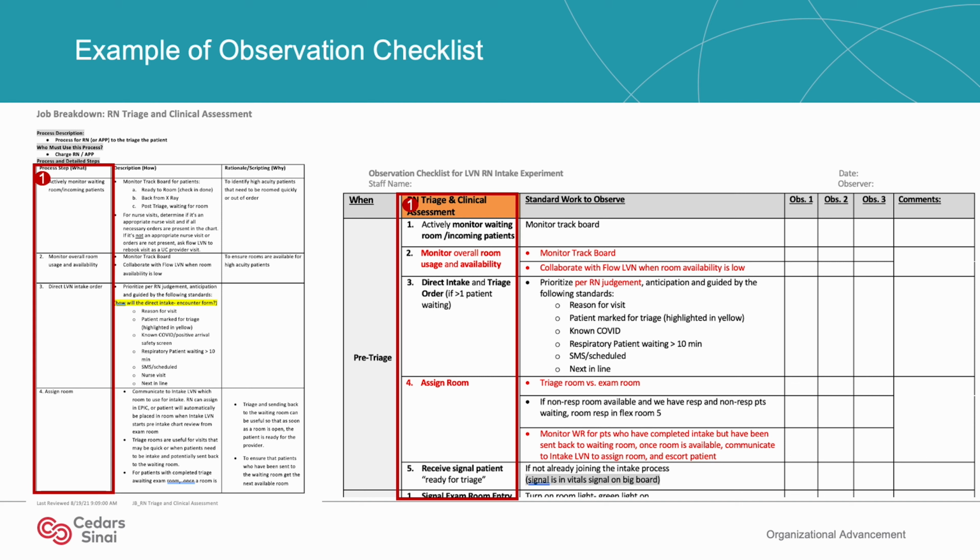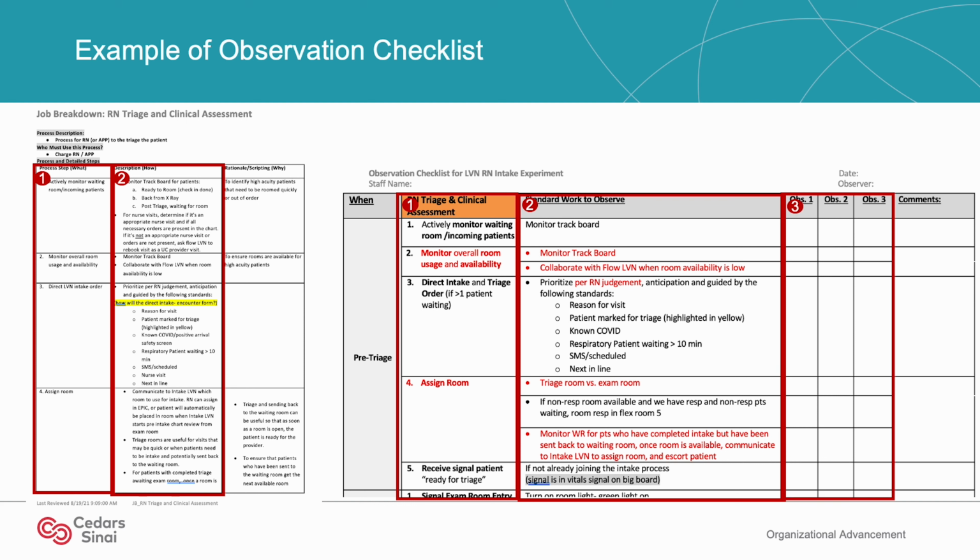Step 1. Plug in the high-level process steps from the What column of your standard work into the second column of the checklist template. Step 2. Plug in the significant descriptive steps from the How column into the third column of the checklist template. Be sure that the descriptive steps has its own row so that the observer can check off if that step was performed. This observation checklist template allows for 3 separate observations, and a comment field is provided for feedback and